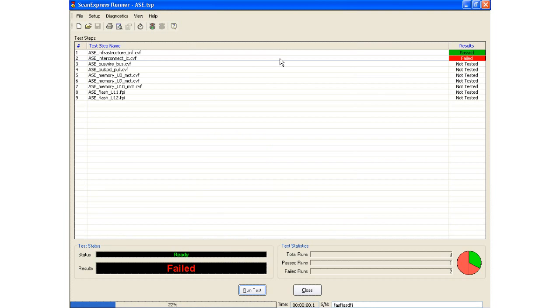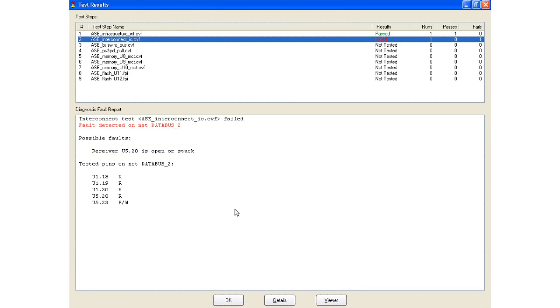So I ran it again and it failed. I double click that failure and I can see, okay, my interconnect test failed again, fault detected on net data bus 2, receiver U5 pin 20 is open or stuck. So that's pretty much the advanced diagnostics capability. Now you can also from here